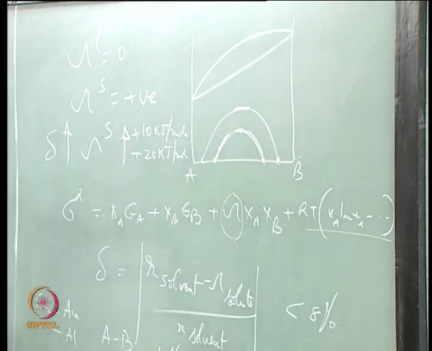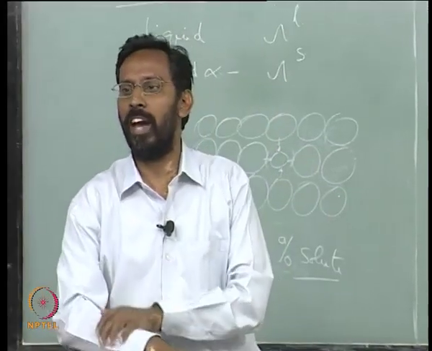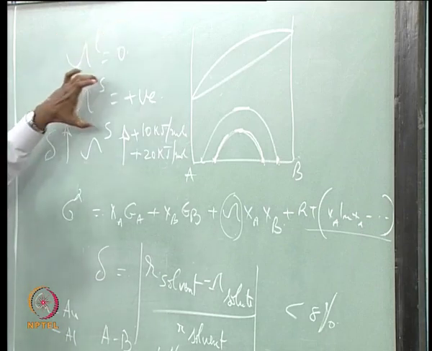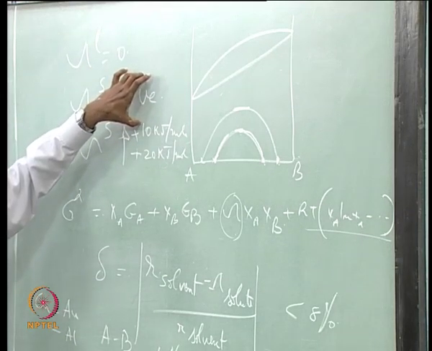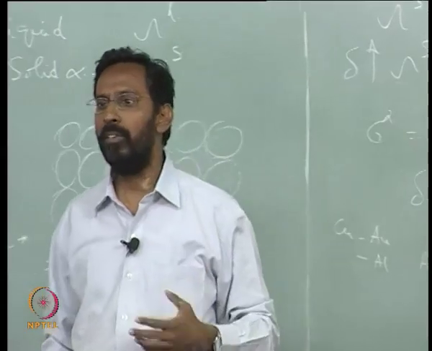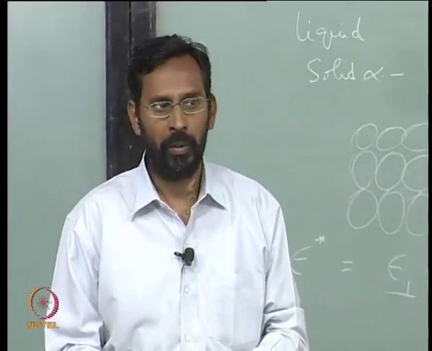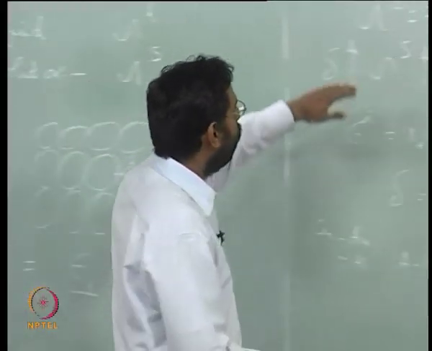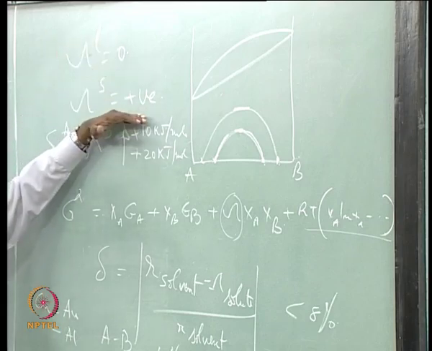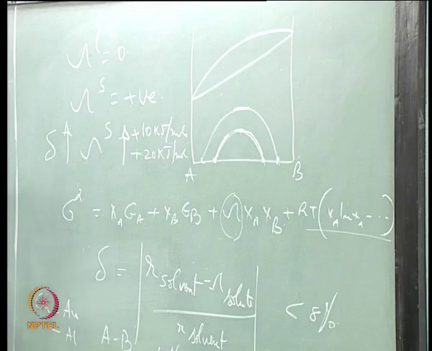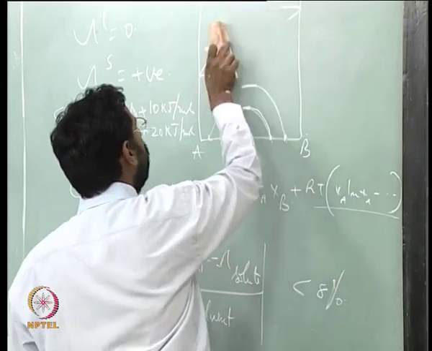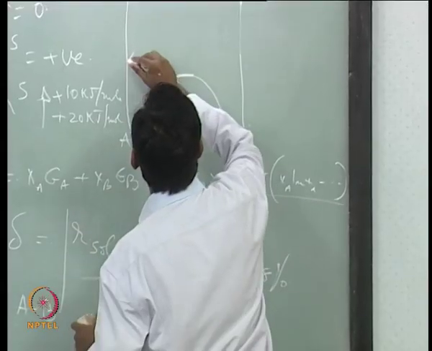But simultaneously you would see something else also happens in the phase diagram. Whenever you consider omega liquid being 0 and omega S being positive, not only do you develop a miscibility gap, but something happens to the liquidus curve also. Because omega S is positive and omega L is 0, with respect to the solid, the liquid is more stable, and as a result, this liquidus curve starts plunging down,